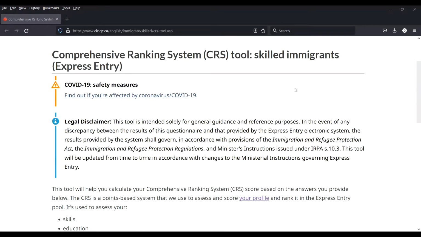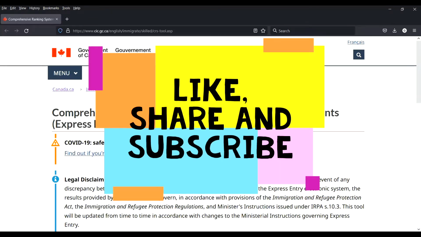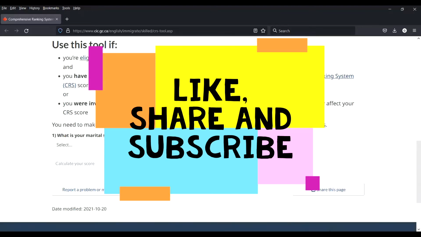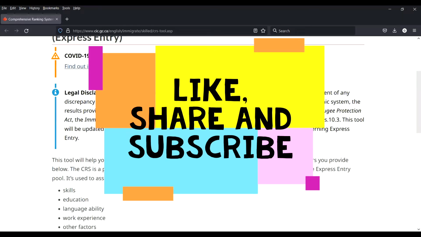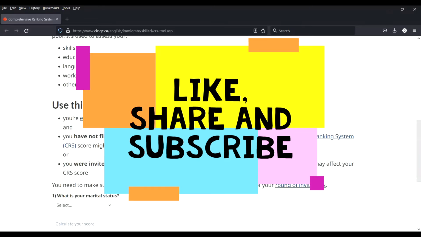So quickly, we'll go through these tools, comprehensive tools, and I will also drop the link to these tools in the description, so you can always check and go through it yourself, read through the whole page, and you can also calculate your score as you prepare for your